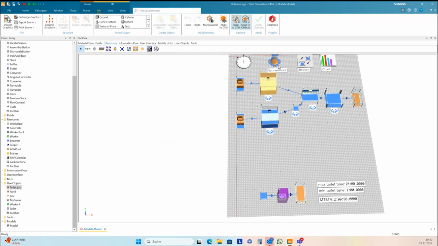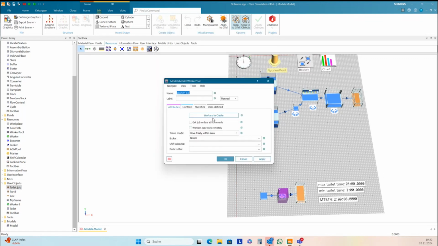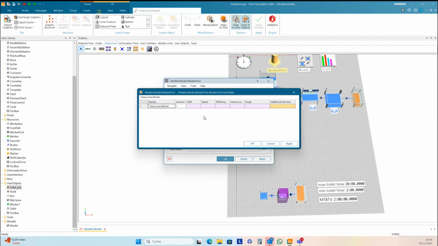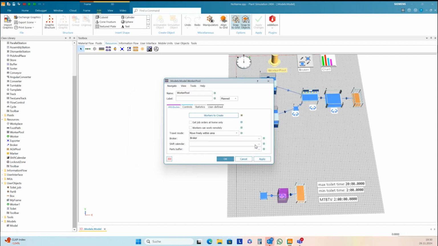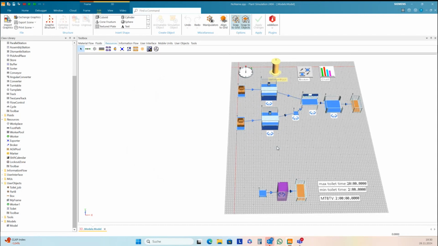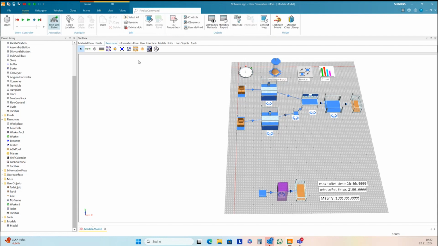And I need to change the creation table of the worker pool, so that we create not resources worker. We need to create this worker 1 here with my programming behind. And then I guess we can already check if this is working. He will make only one job here.